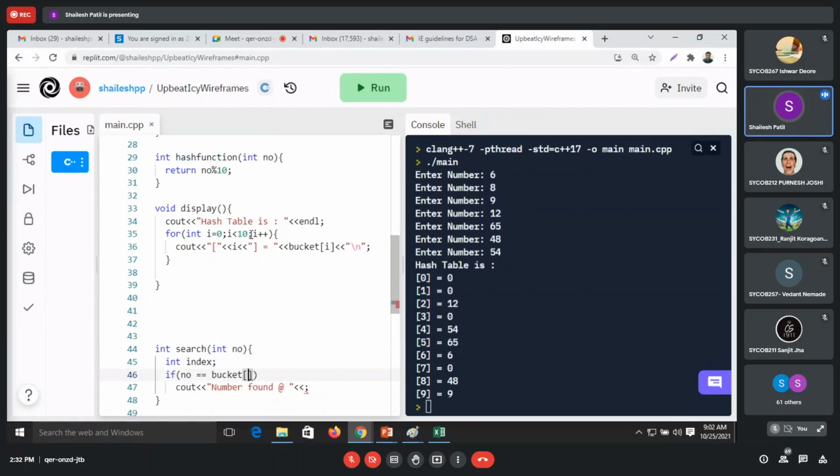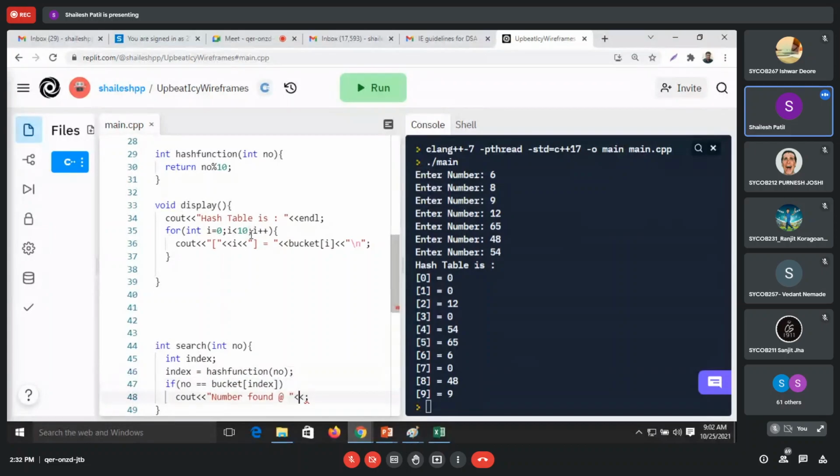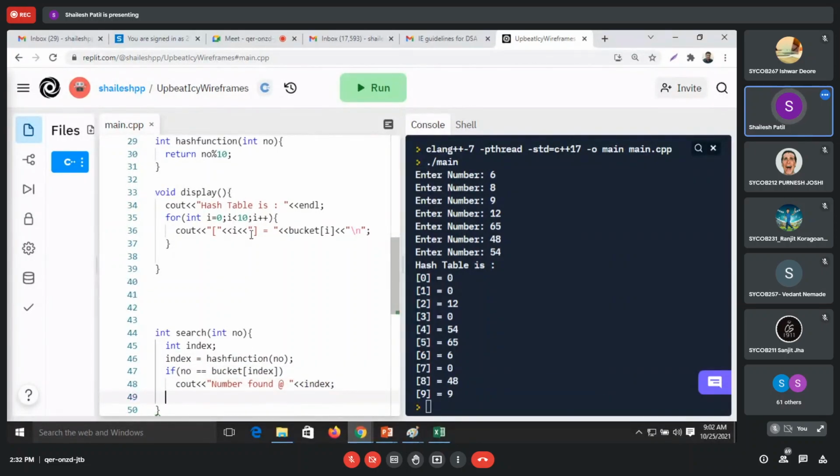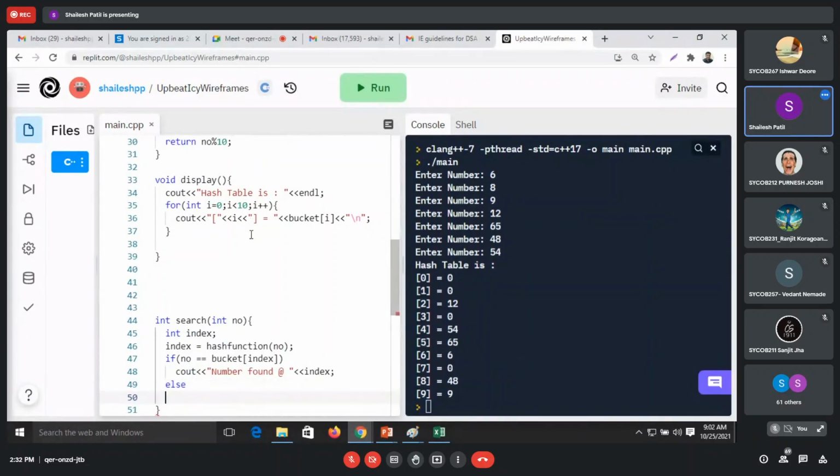We'll write index over here and write number found at index. Else, number not found.